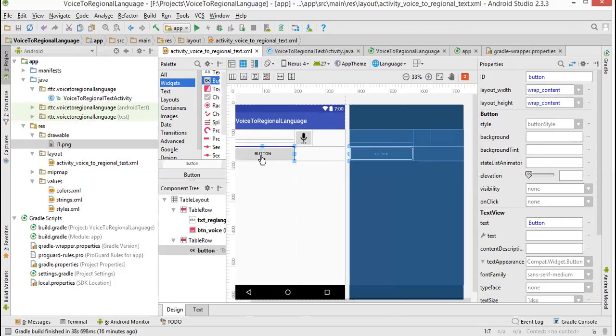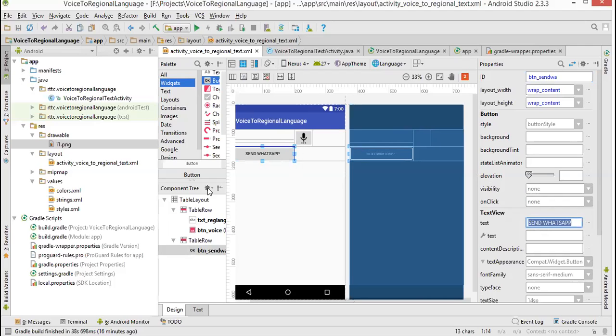See this button. This button ID is btn underscore send WA. What is WA? Because I want to send this to WhatsApp. So I want to change the text on it. So I'll go to the text here. I will select the text in the properties. Yeah. Now I will remove that and simply say send WhatsApp. So now your UI is almost ready.